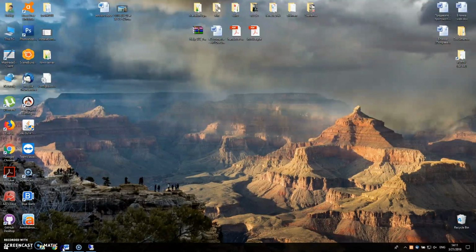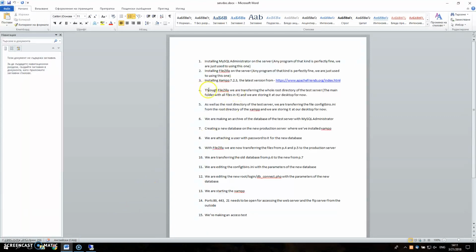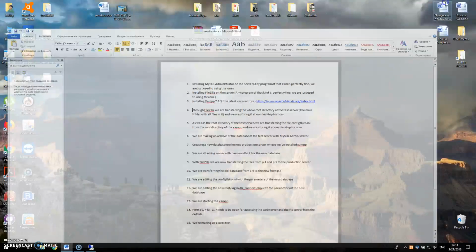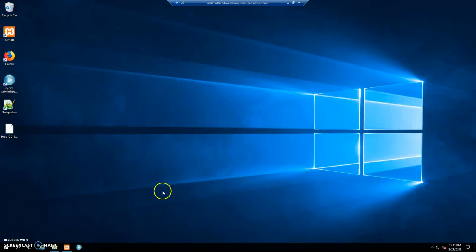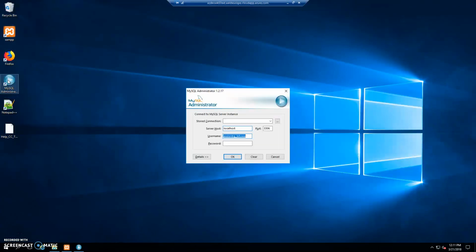Okay, so far we've done our step number 4, we've done step number 5, and what we are left to do is step number 6, which is archiving the database and putting it on our desktop as well. We do that through our server here, through the remote connection. So we're opening MySQL Administrator. So here the server host needs to be localhost with this port. The username is avalonbg